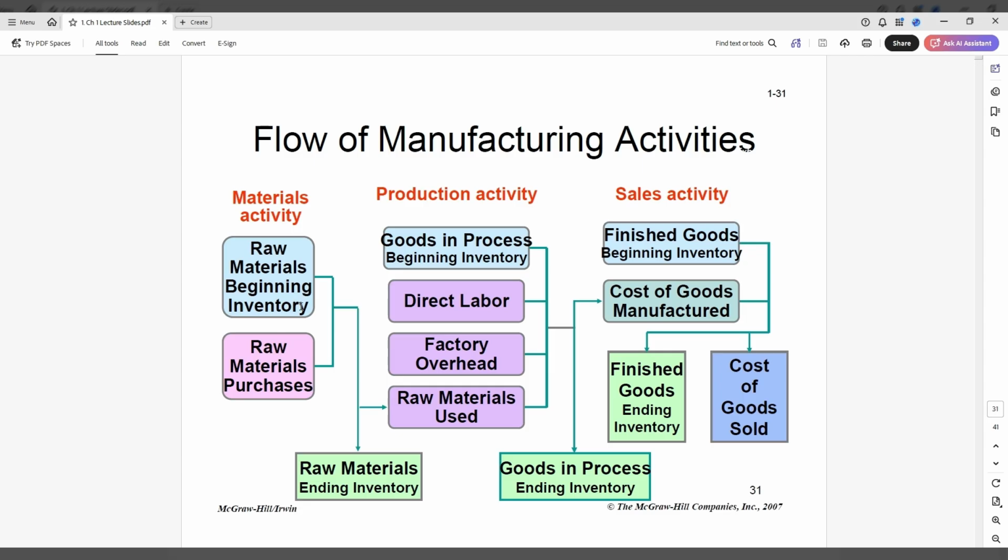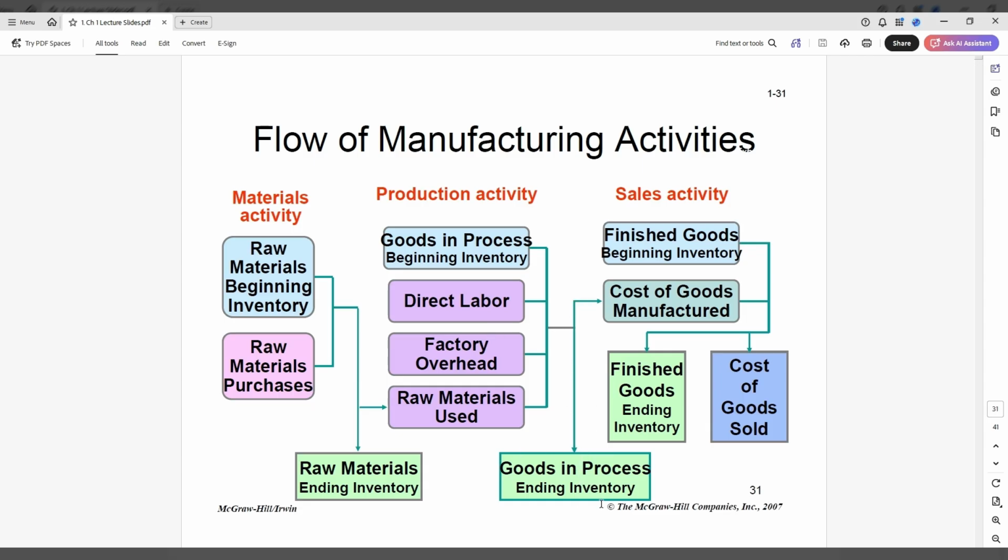You buy some, or maybe you start with some, you buy some more, and then it either is still sitting there at the end of the month or it's now in production, right? And then the WIP part of the equation here brings in those 3 components of labor, overhead, and raw materials. And again, part of that raw materials comes from that first inventory account of raw materials. So this is the stuff that's in process, and we could combine all these together. And then again, we kind of separate that out